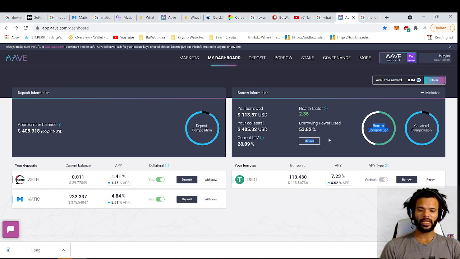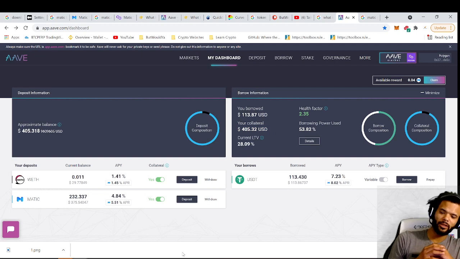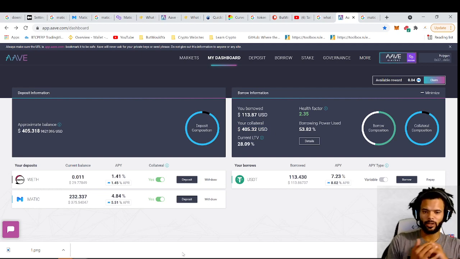So they are going to liquidate your account, meaning they're going to take all your collateral, and now you will have $0. So let me just reiterate how important it is to understand your health factor. If you are using an asset like Matic, which varies in price, you want to be aware if the asset's price drops, then your loan to value amount will also